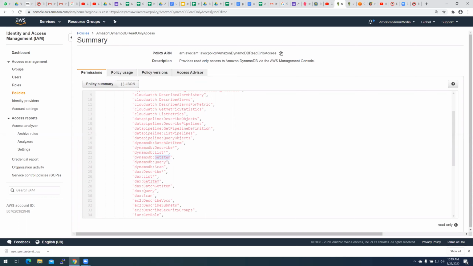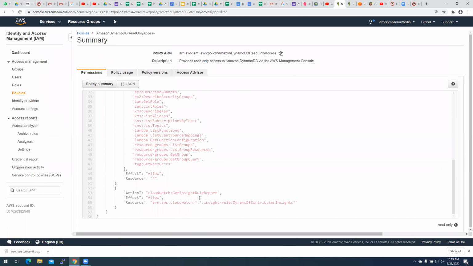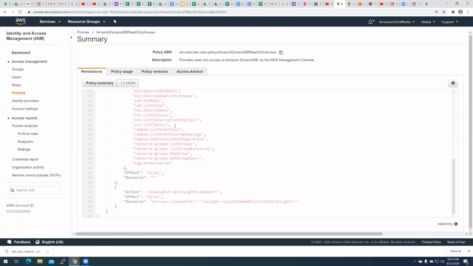We are not overwriting the data because it is read-only access. So it is all only about reading data: describing, listing, querying, scanning. It is all read-only access, but it doesn't have any write or update kind of actions.